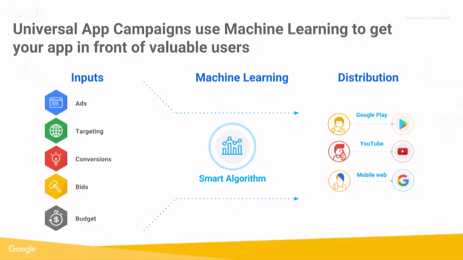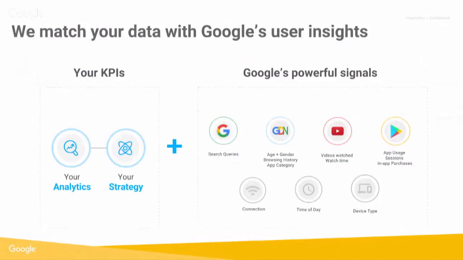So the system will look at all the input that is used. So the ads, what kind of creatives, visuals, videos do we use? What is the targeting? How do we define conversions? What are the bids and budget that we will set up in the campaign? And based on all these inputs, the machine learning is going to start analyzing historical data. It's going to look at millions of different signals from the user perspective to better understand what drive higher level of conversions. And then depending on these learnings, the system will be able to better redistribute the ads across our properties, such as Google Play, YouTube, AdMob, and more.